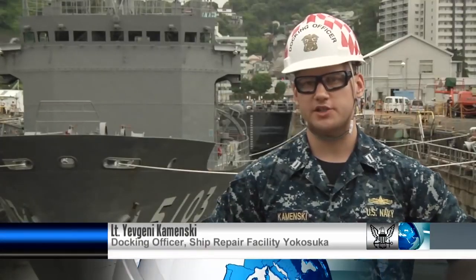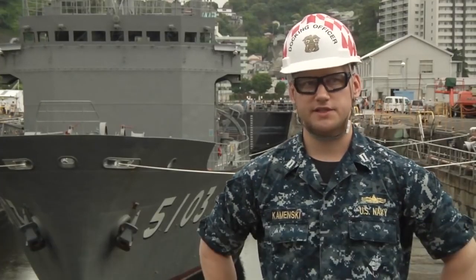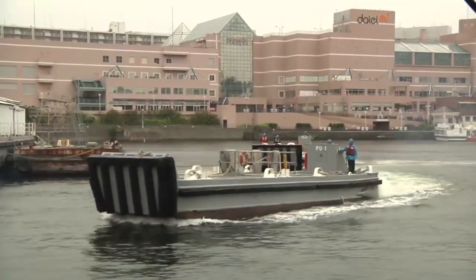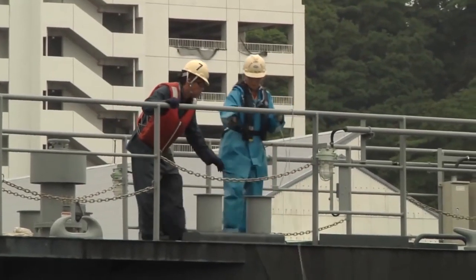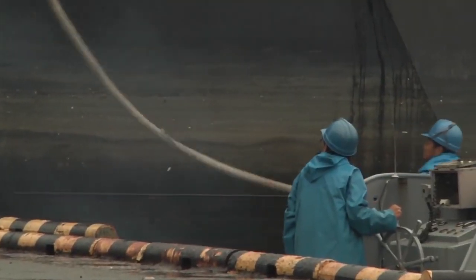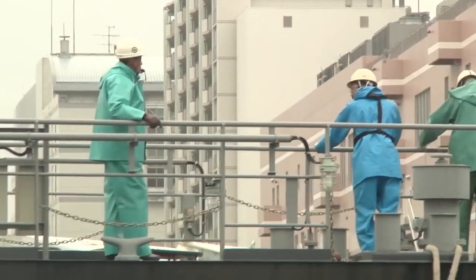For today's evolution, we got a chance to dock one of the JMSDF ships, Suma. It is a big evolution, it takes all day. We have a very large qualified watch team that consists of US Navy and our Japanese workforce. Everybody works together. Everybody has to be on point and ready to react quickly to make sure that the ship